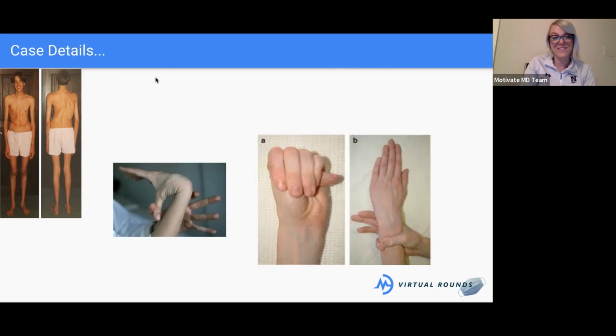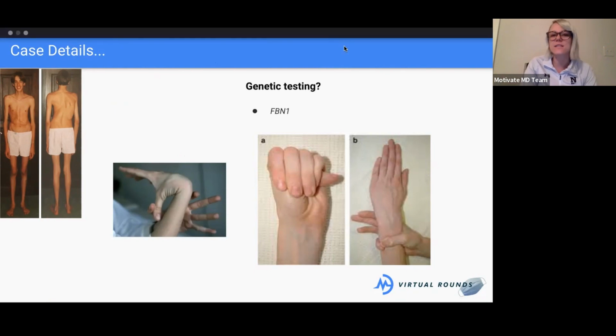Does anybody have an idea? Oh, good, somebody said it. It's Marfan's, exactly. So what we test for is fibrillin. There are other genetic causes of hyperextensibility, like Ehlers-Danlos syndrome, which is a problem with collagen, but a little bit different. There's another problem with collagen, osteogenesis imperfecta. It usually affects babies, and we see blue sclera, and things along those lines.